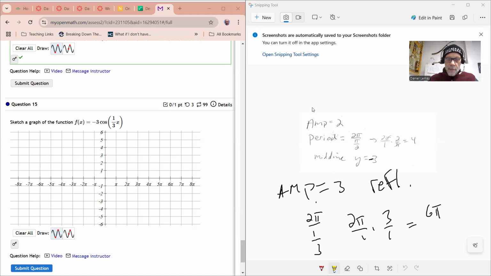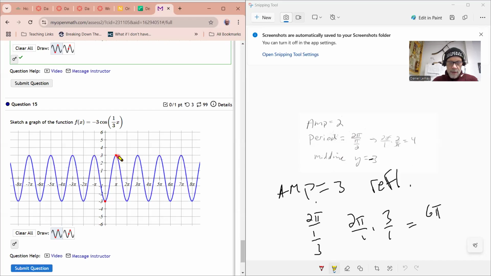Here, let me come back and get a pointer. Or maybe I can get this pointer. I can use that other tool. I'm going to start, and it's no left-right shift. So for amplitude, now cosine graphs start either above or below the midline. So that's why we choose this one. And because the amplitude is 3 and the midline is 0, I'm just going to come down here to -3, put my first point there. And now it's got an amplitude of +3. So that tells me I got to go above the midline,